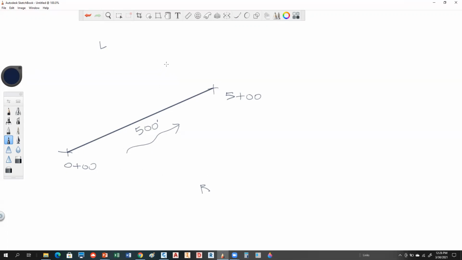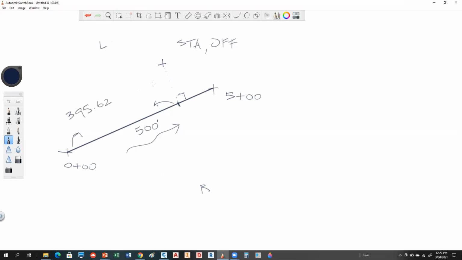Okay, so if I have a point, let's say right here, and I want to get its station and its offset value, what I have to do is drop a perpendicular from that point down to the station. So this is perpendicular angle here. Where that perpendicular line intersects my alignment, I measure this distance. So let's say that distance is 300, and